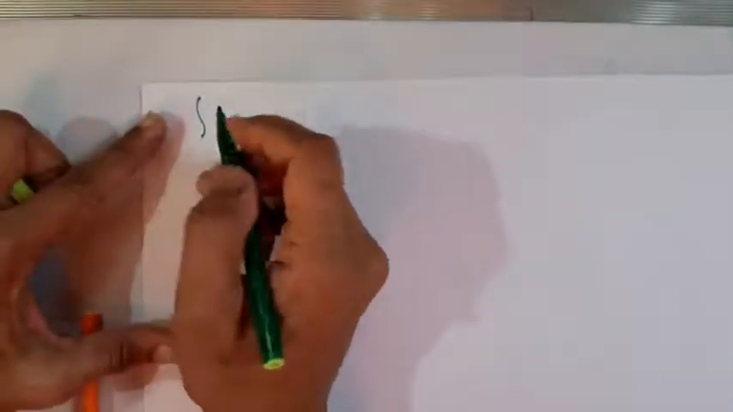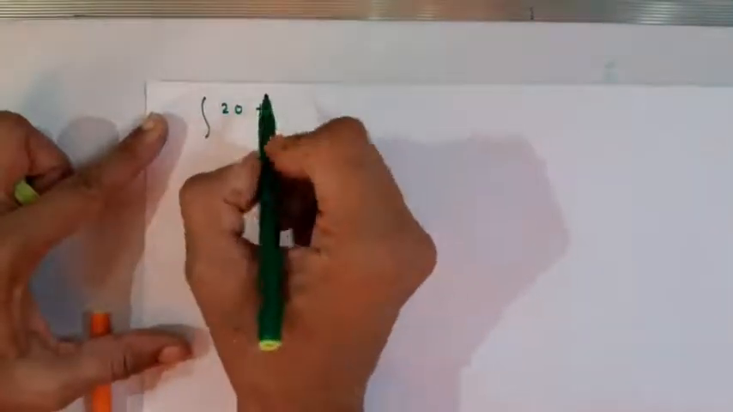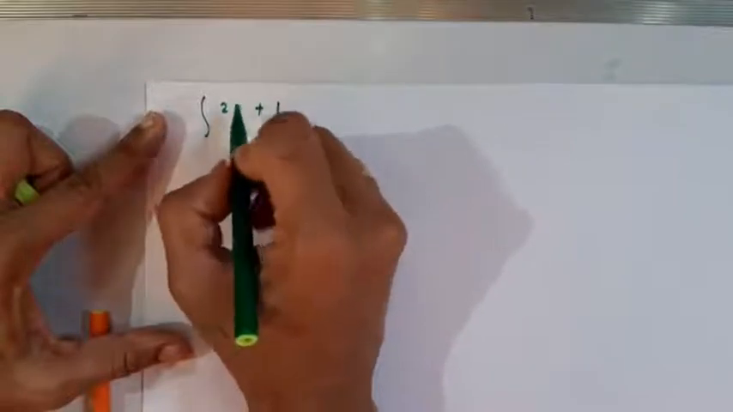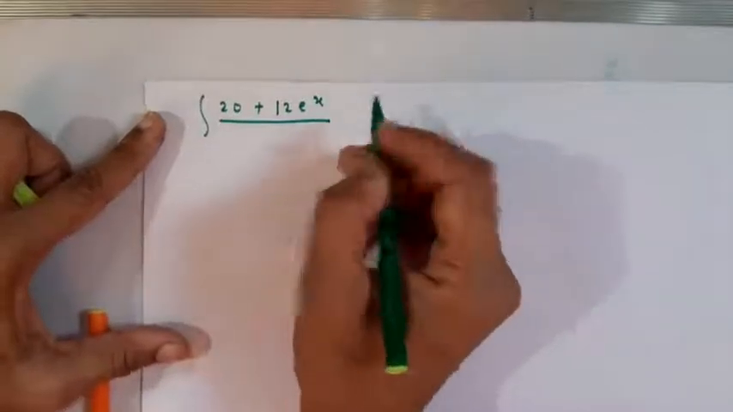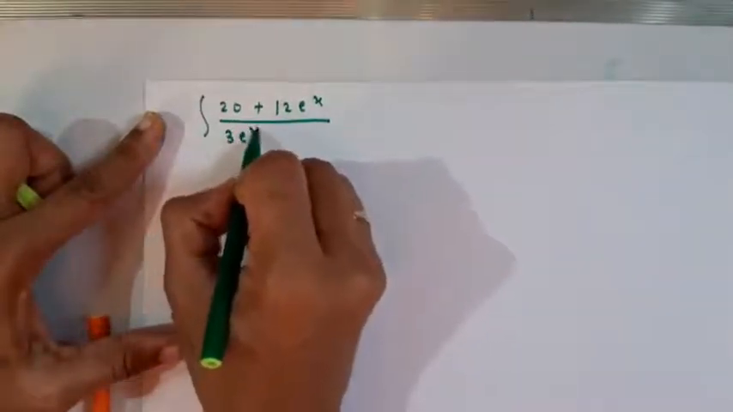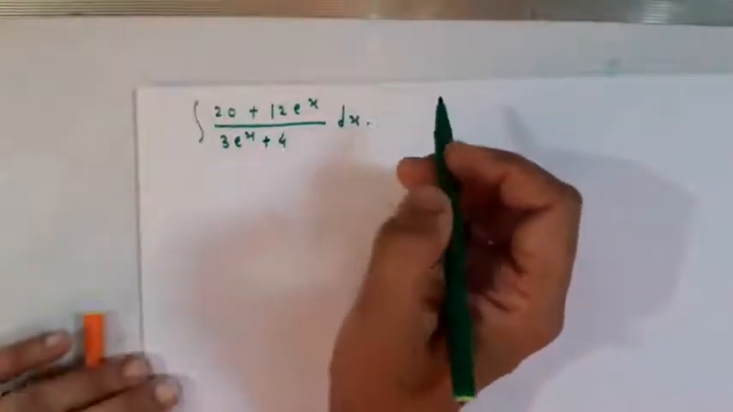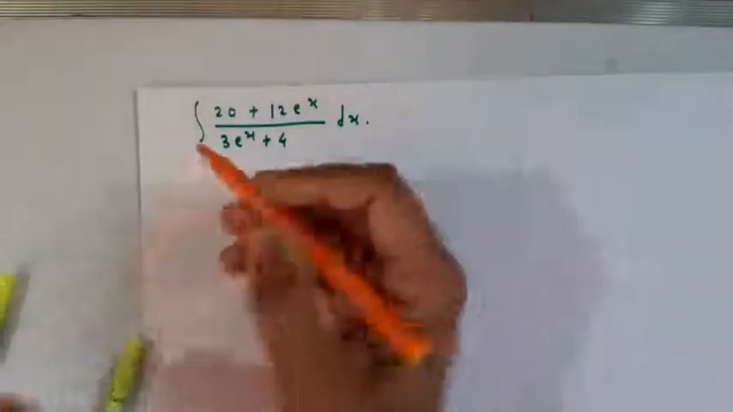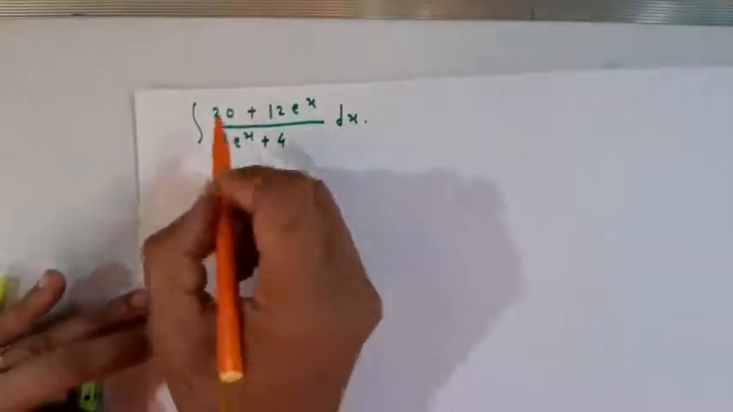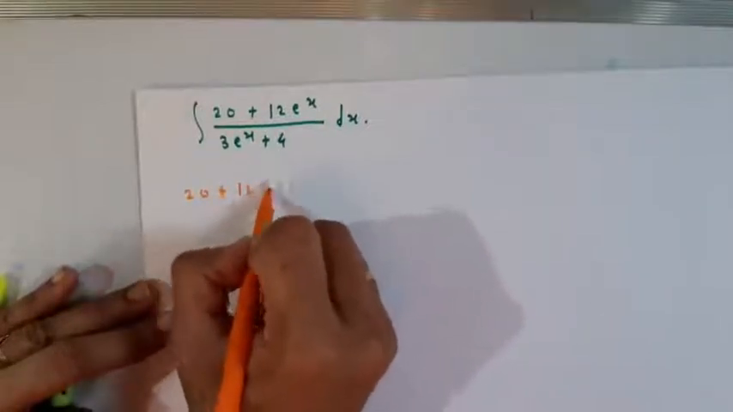Evaluate the integration of (20 + 12e^x) upon (3e^x + 4) with respect to x. Okay students, so here to solve this problem, convert the numerator in terms of the denominator. What is the numerator? The numerator is 20 + 12e^x